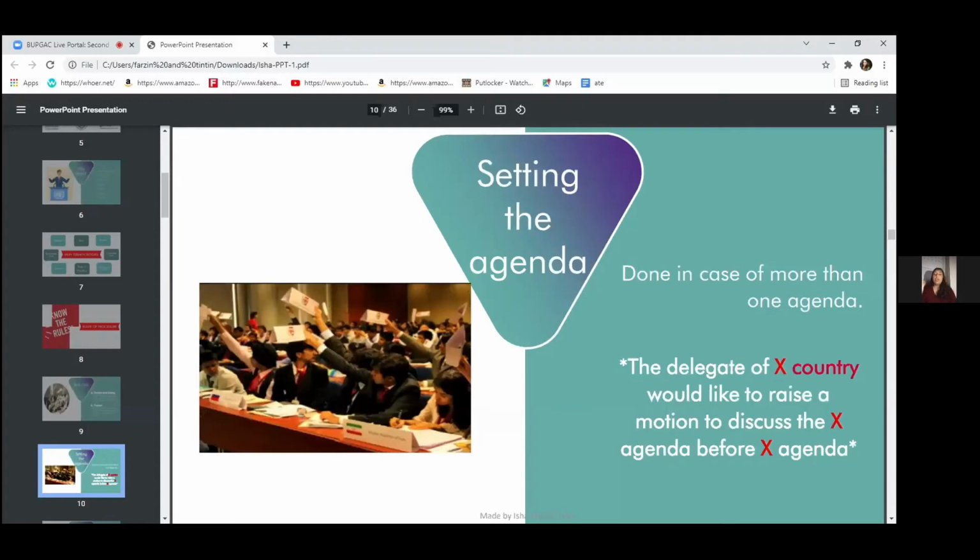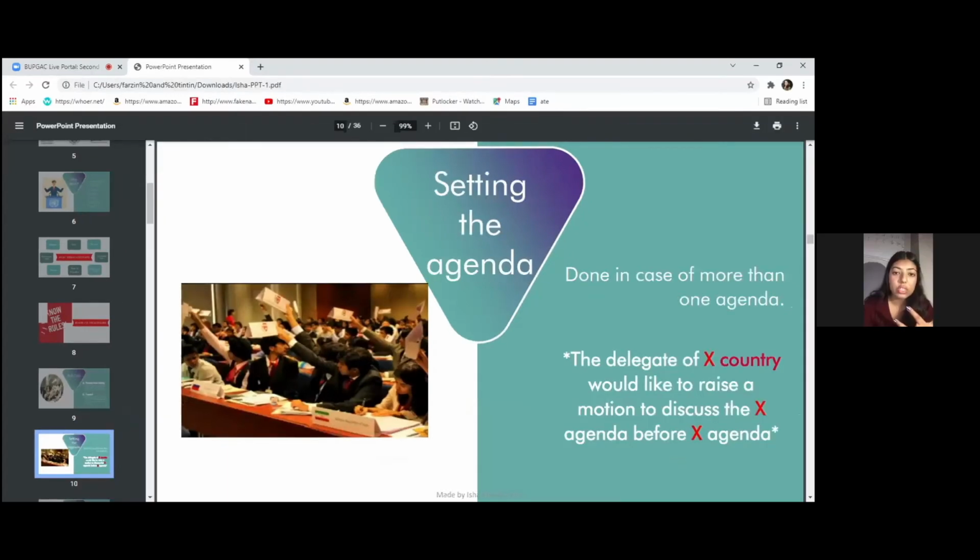Everything that you say in an MUN needs to follow a particular format, as I've said before. If you're speaking for the committee, like setting the agenda or setting a moderated or unmoderated caucus, there needs to be a particular format for how you speak or set it. That is called motions. Motions is